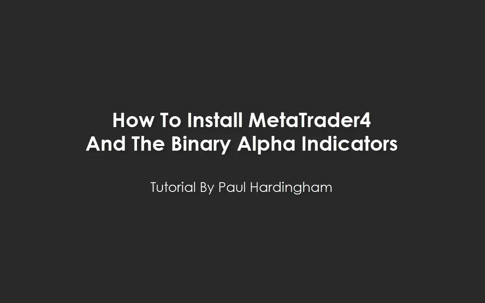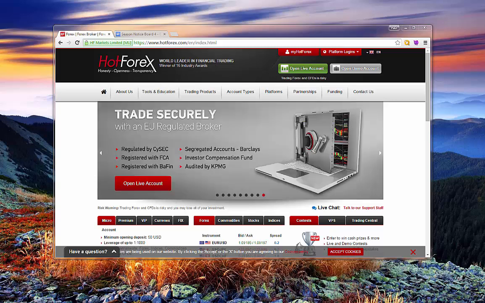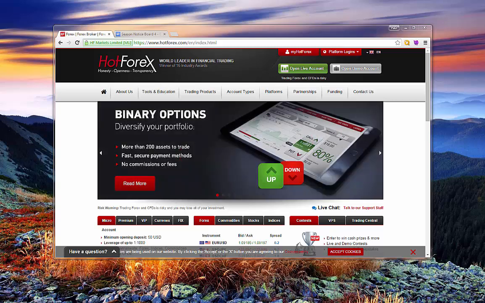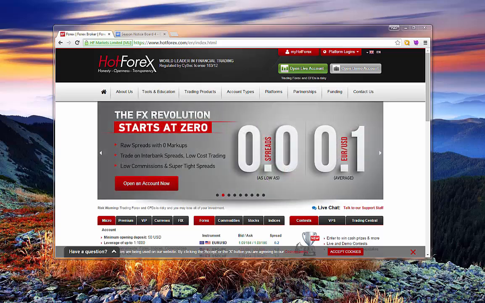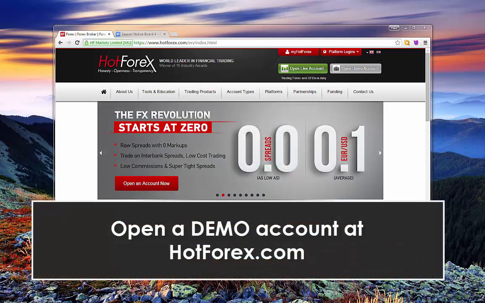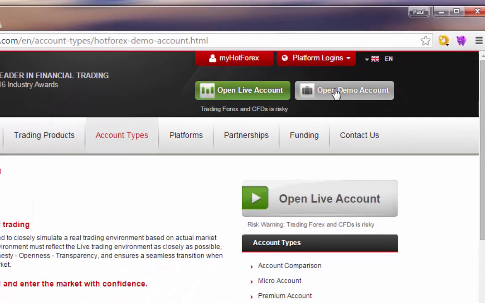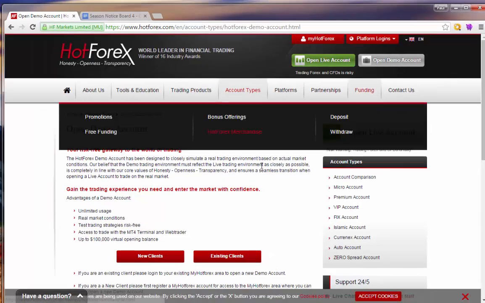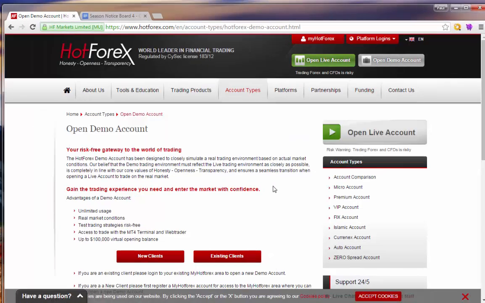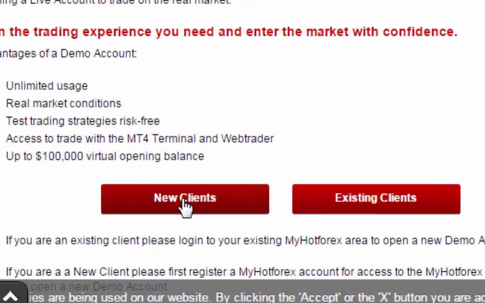How to install MetaTrader 4 plus the binary alpha indicators. There's lots of different ways you can do this, but we'll try and do this very briefly and give you a very direct method. If you go to hot4x.com and open a demo account, this will allow you to download MetaTrader 4 with Hot4x being the provider for the actual data. So as a new client, we would go to the open a demo account first of all,